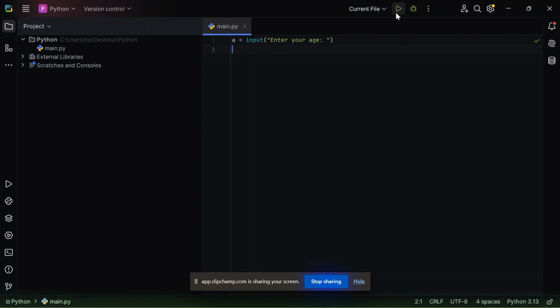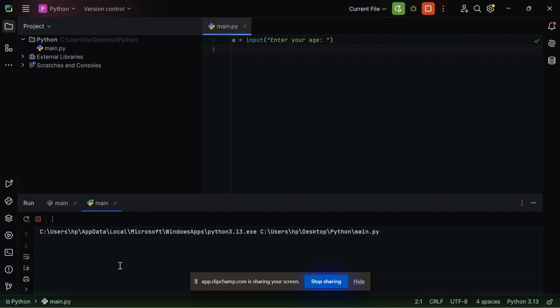Let me show you. As expected, it asks me the question enter your age. Whatever I write, for example something normal, 23, and then press enter, then my code ends. But if I did more, I would tell you that the value of a is the number I entered.